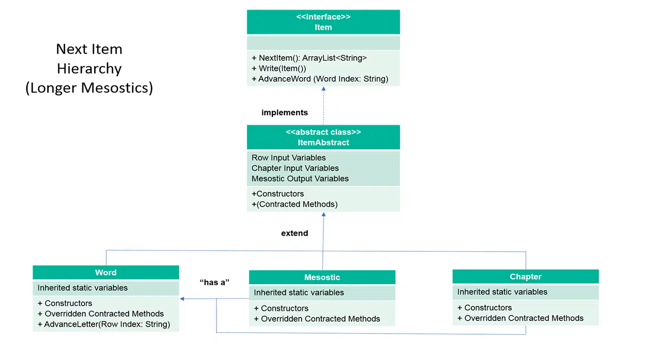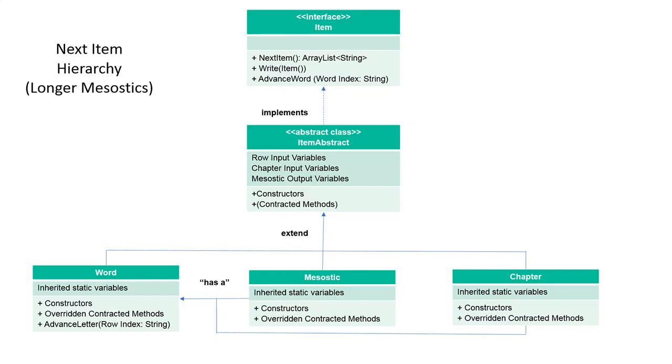So an item really is the target item created by the machine as it moves through a target text. It will find and preserve a next item. It will write that preserved item to a target file on disk, and then it will advance itself in preparation for finding the next item again. And this interface is implemented by an abstract class that has various useful constructors and some overridden methods that are used